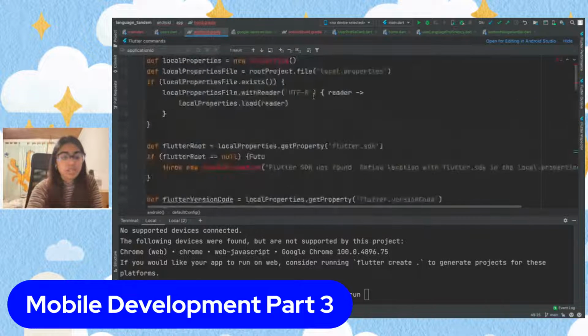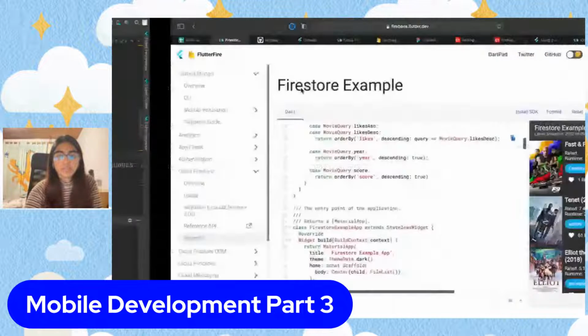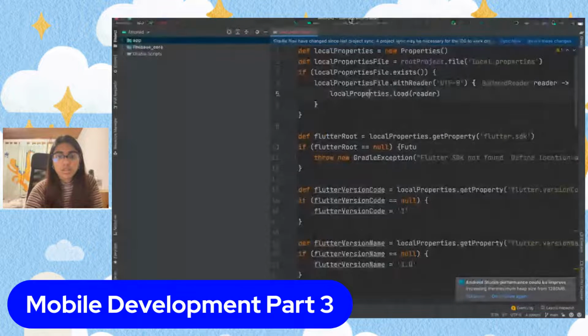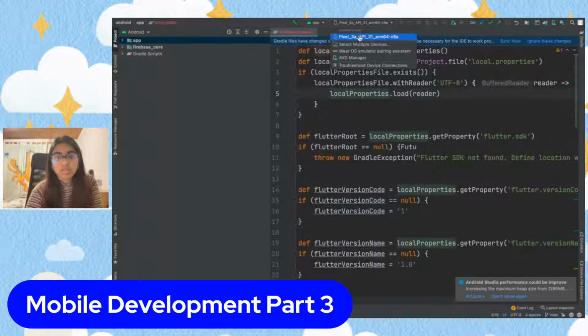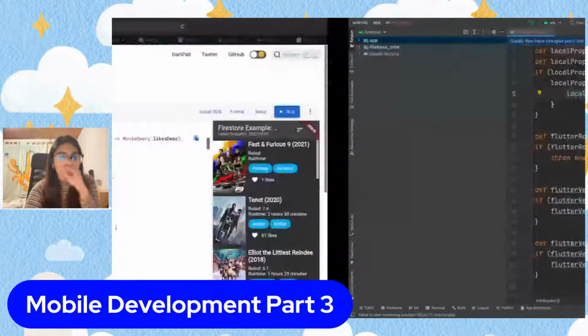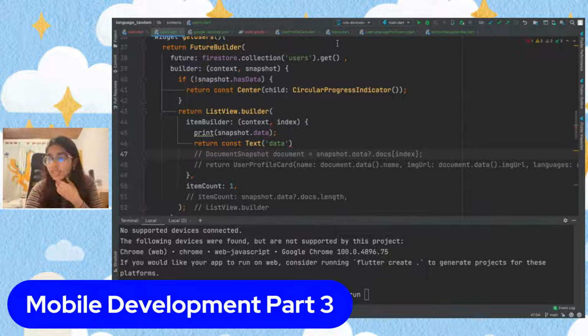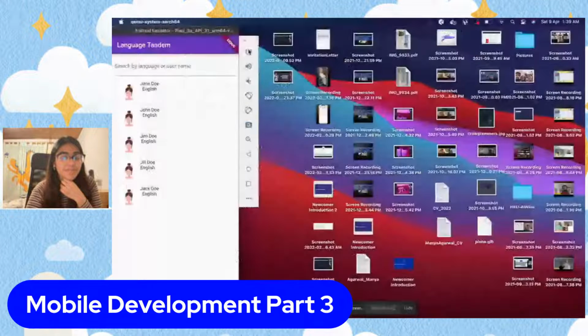Let's try Android Studio and let's see if this can. That is very interesting that it doesn't see a simulator that's already open. Maybe it needs